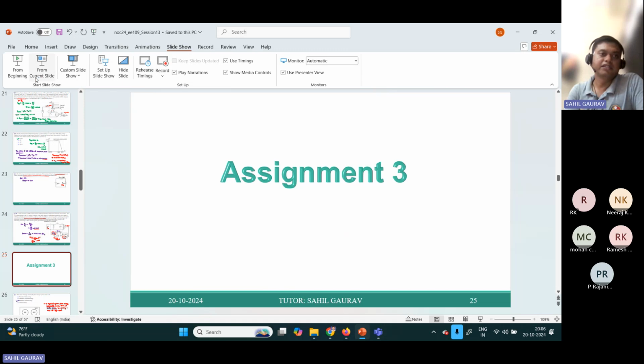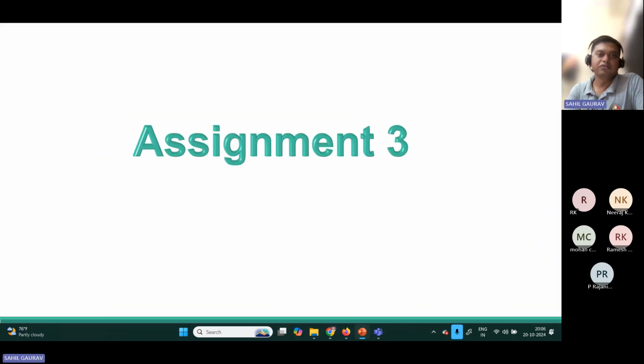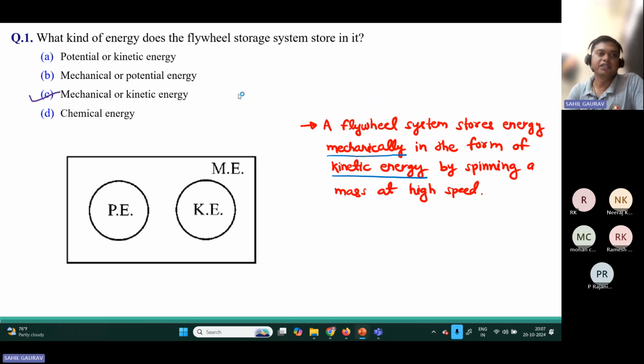So let us see the assignment 3. In assignment 3, the first problem is very easy. What kind of energy does the flywheel storage system store in it? So we know that this flywheel system stores energy mechanically in the form of kinetic energy by spinning this mass at high speed. So this kinetic energy is a subset of this mechanical energy. So you can say that this is part of mechanical, so it is mechanical or kinetic energy,